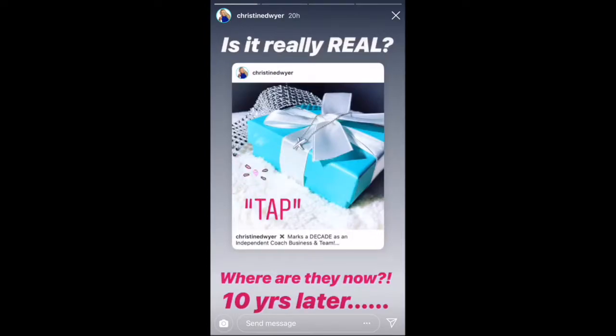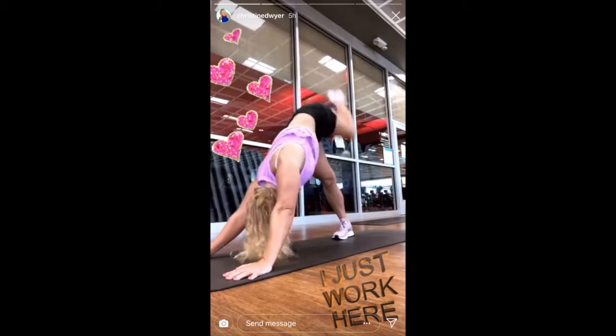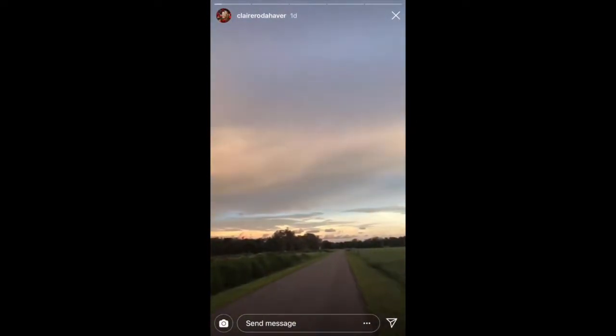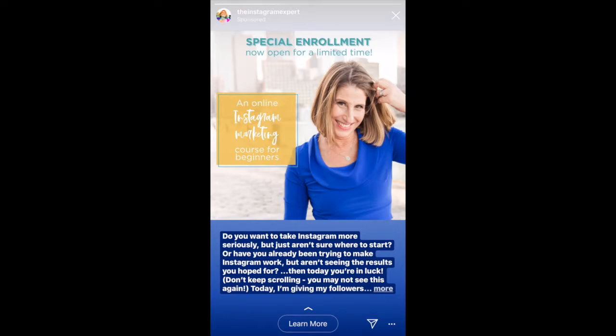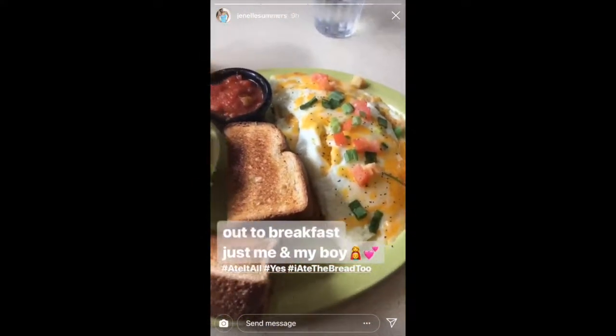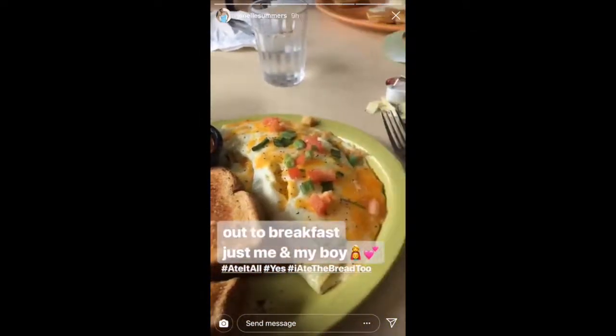And it's a great way to add personality to your brand. So that's my overview of Instagram stories. I really suggest that you play around with it and see how you can make your brand come to life through